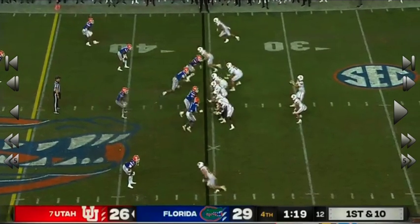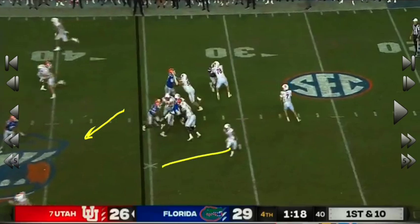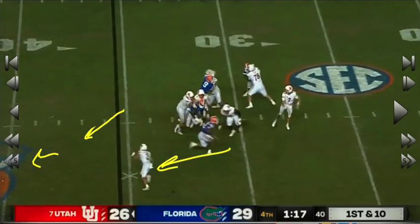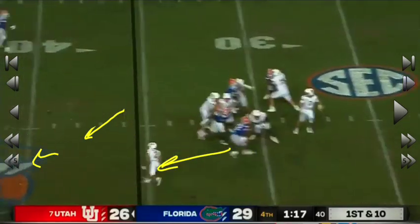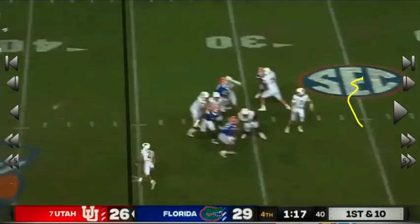And on this play, we've got Ventrell Miller. Ventrell Miller is going to be the rat here. He's going to slide into his zone. He's going to read the quarterback's eyes. He's shadowing the running back and also covering anything over his head. Florida in a zone defense. And we've seen this be just horrible for Florida in years past. It's great right now. Ventrell reads the quarterback's eyes, leaves the check down, and this ball should have been a